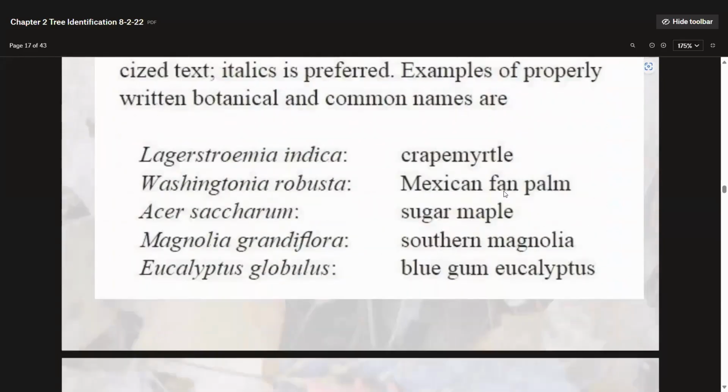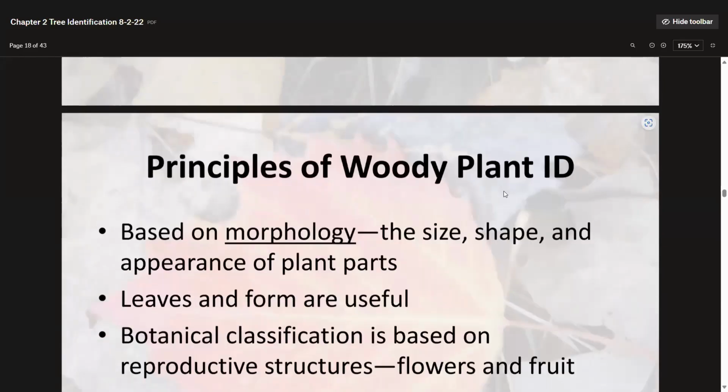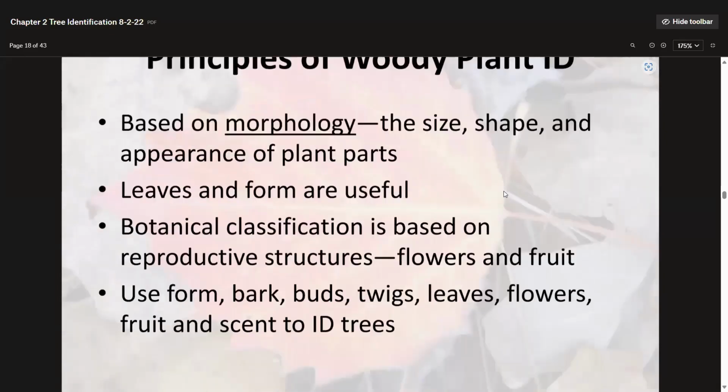Let's see, where were we? Okay, the principles of woody plant ID is based on morphology, the size, shape, and appearance of the plants, right? Leaves and form are very useful in tree ID. Botanical classification is based on reproductive structures, so it deals with your flowers and your fruits. To do this woody plant ID, you're going to use form, bark, buds, twigs, leaves, flowers, fruit, and